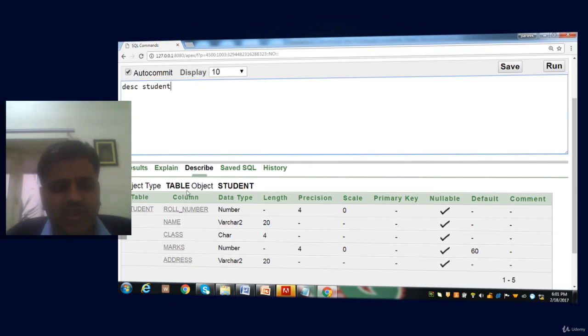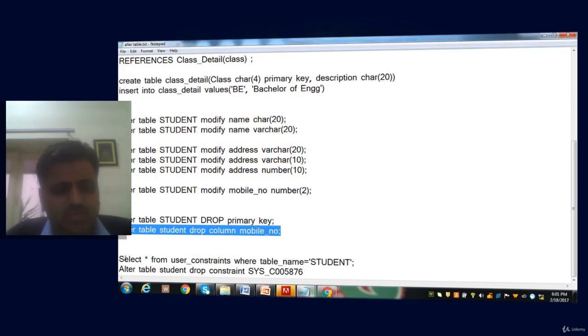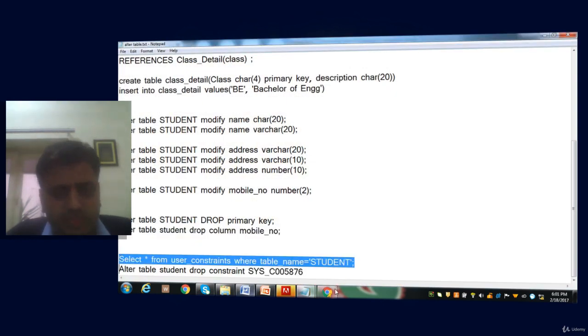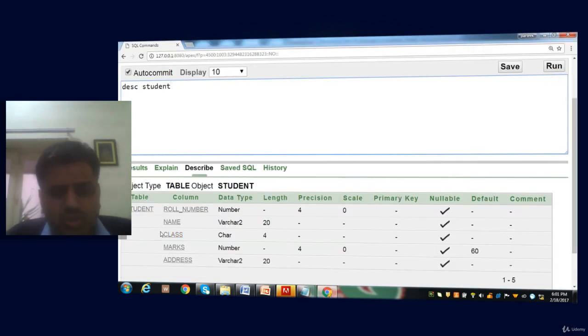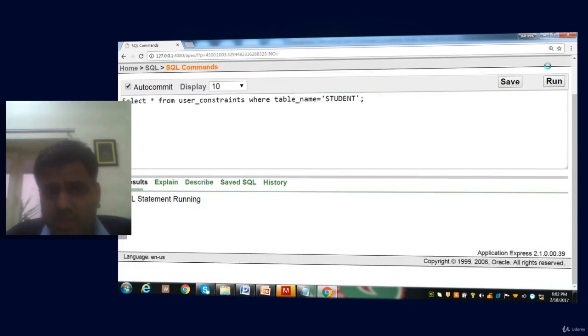And we can verify it through the describe statement. To drop a check constraint on the class column, we have to supply its constraint name, and normally we don't know it. To retrieve the information about constraints, we can issue this statement. This query